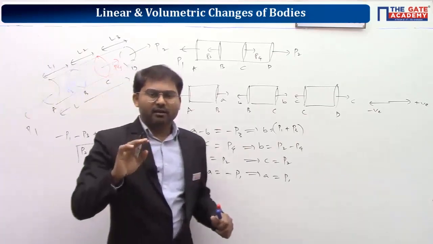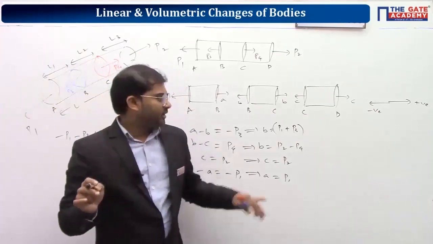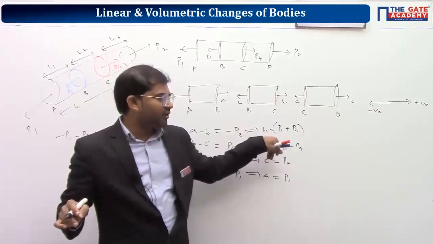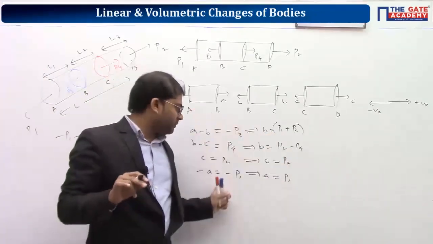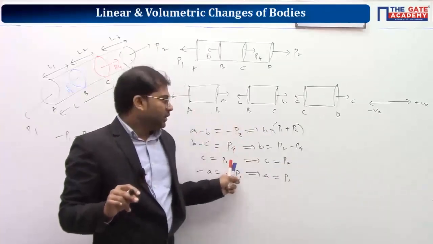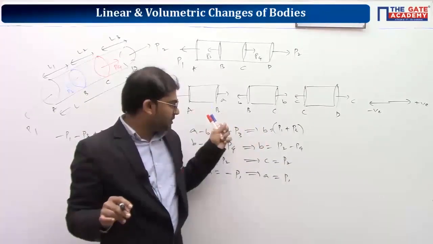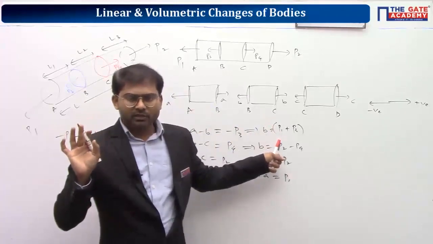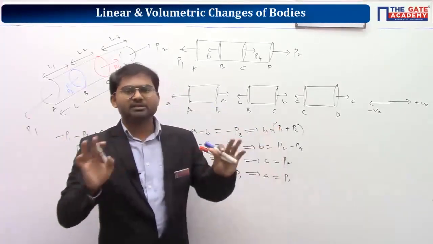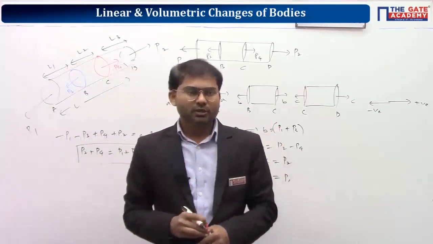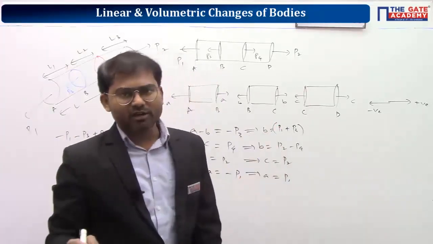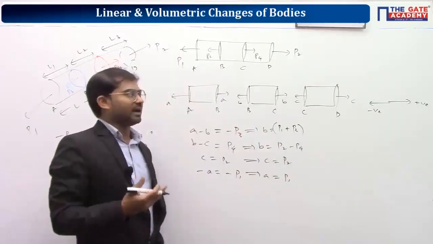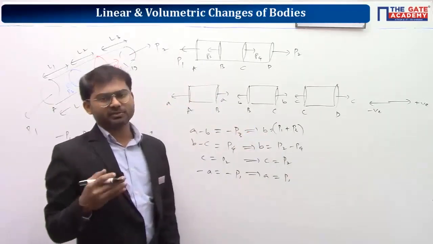So here you have an advantage. You can cross check. By doing your calculations, if you are getting B value as same, it means you made no mistake in these steps. If you did some mistake, you'll get it wrong, at least in terms of sign. So if anything is different, that means your calculation is wrong. So you got all the values of small a, small b, small c. That means forces here you'll be getting along with sign. So you can understand which one will be experiencing tension, which will be experiencing compression.